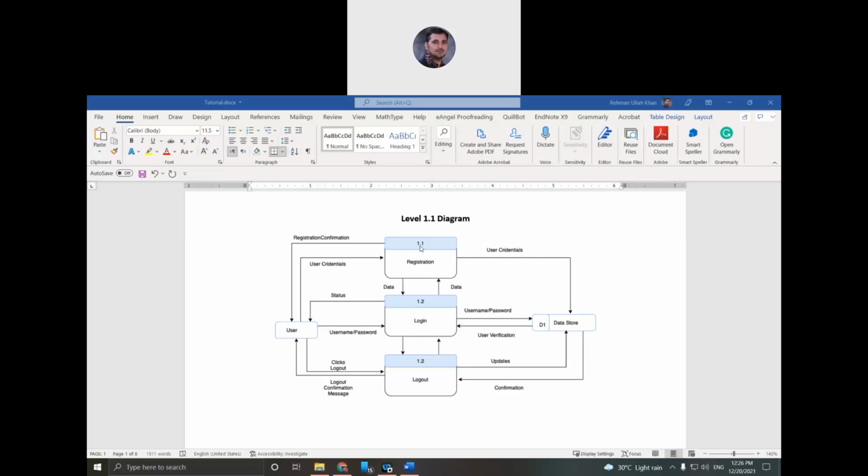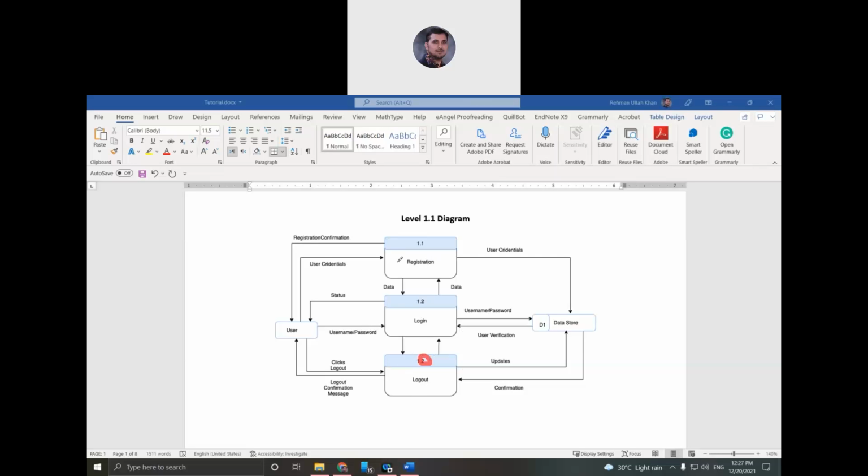So 1.1 is a child of 1. 1.2 is also a child of 1. Oh, sorry, I didn't change this one, this one should be 1.3. So this is also a child of 1. This is why I give the naming 1.1, 1.2, 1.3.